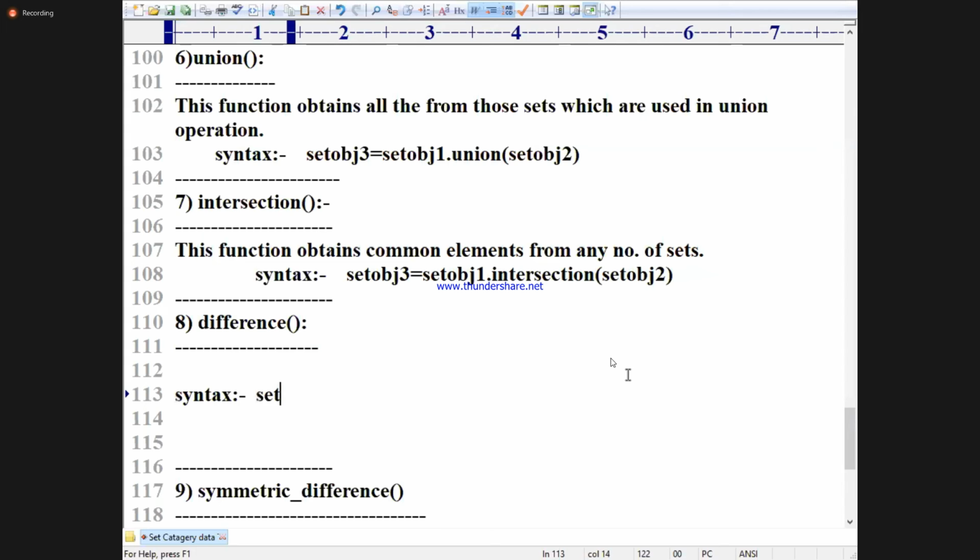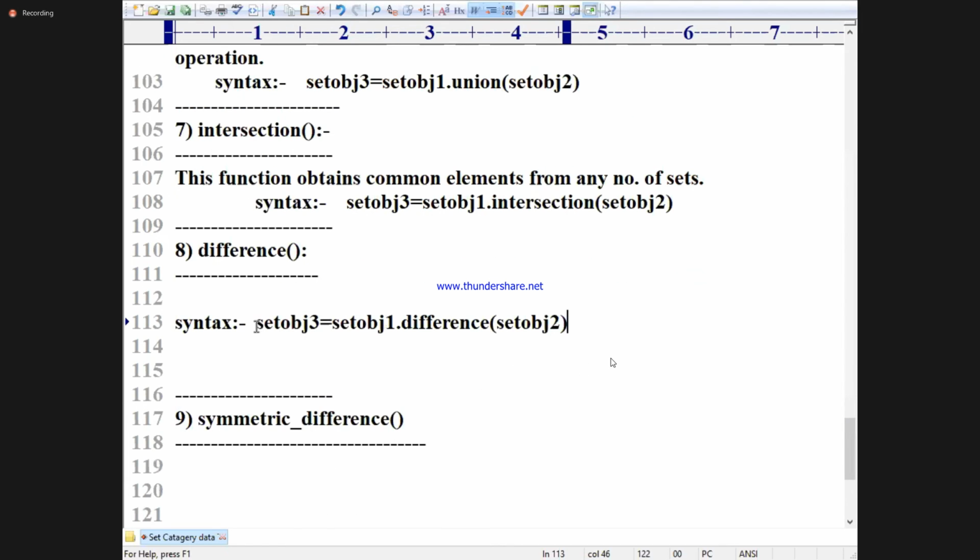Set obj3 is equal to set obj1 dot difference of set obj2. Which elements will come? In this case, set obj3 will get the exclusive elements of set obj1.